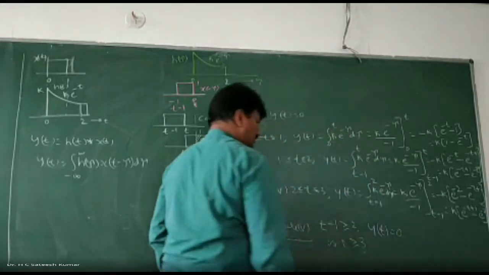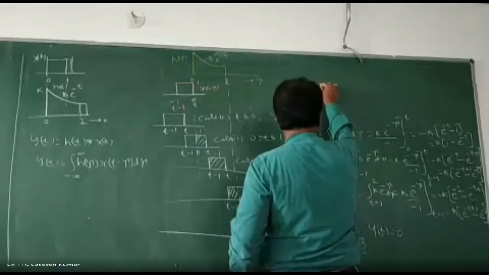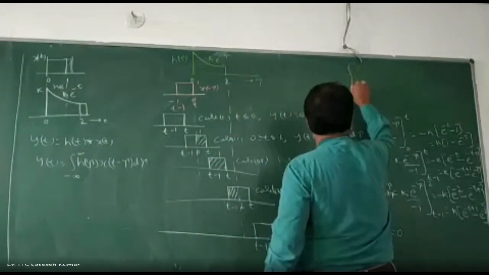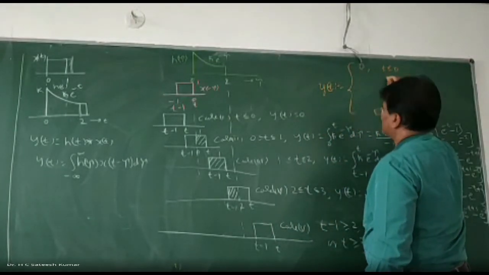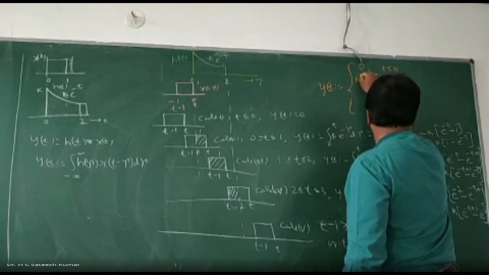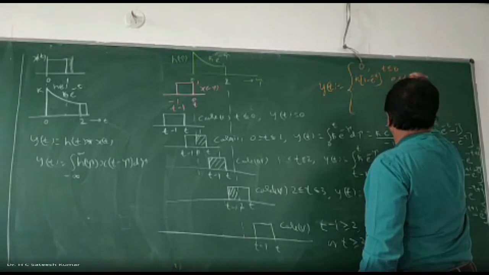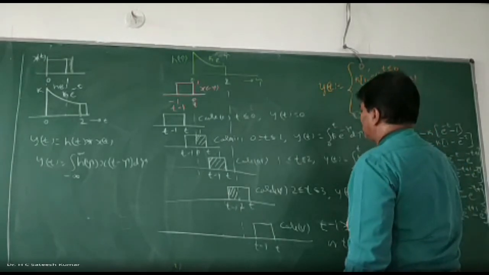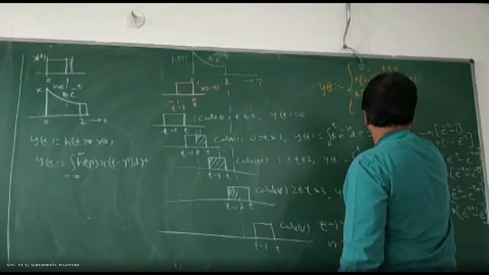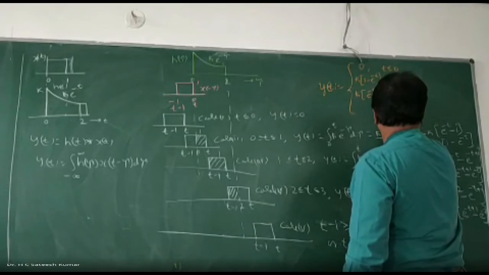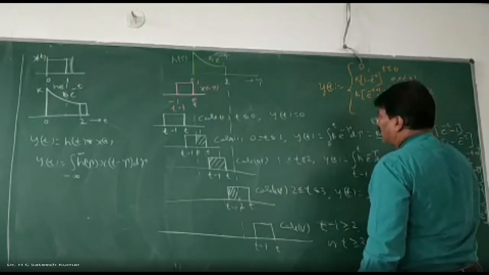Okay. Write the summary. Verify the answer. What is that we have? Y of t is equal to. What is that first case? 0 for t less than or equal to 0, and is equal to k into 1 minus e to the power of minus t for t lies between 0 to 1, and is equal to k into e to the power of minus t plus 1 minus e to the power of minus t for t lies between 1 to 2, and is equal to